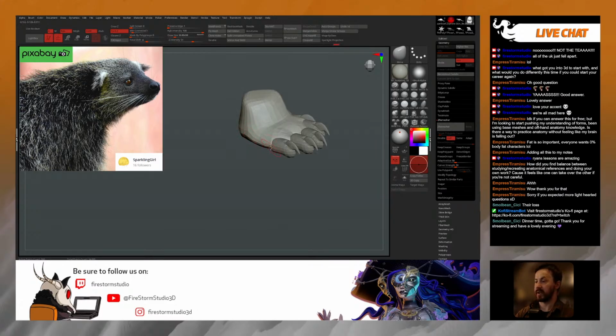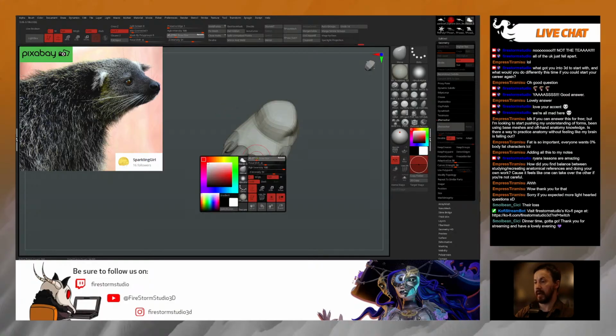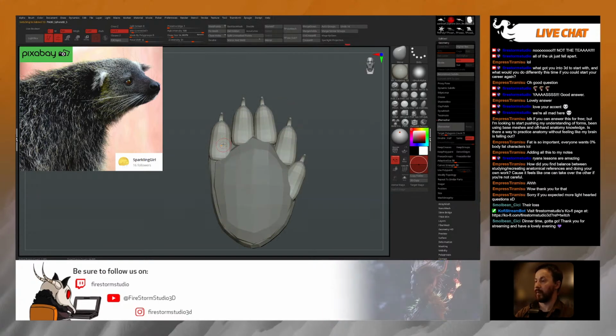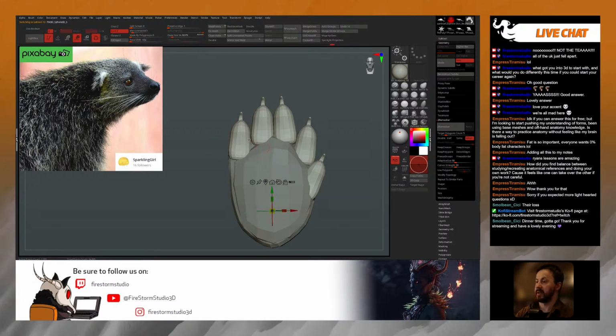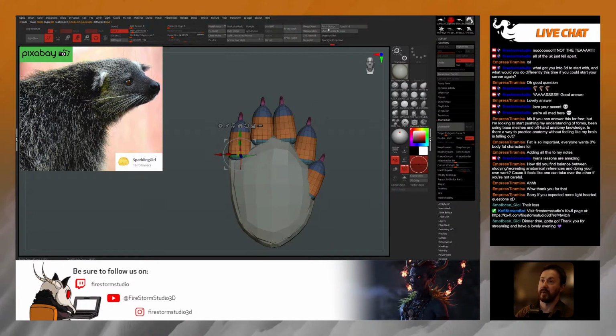There we go. Just another different way to approach building out your creature's parts. Now, there's a bit of reshaping that we need to do to these toes, but for the time being, first of all, we're going to do an auto group